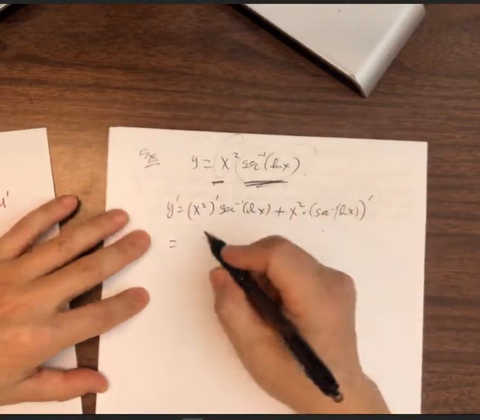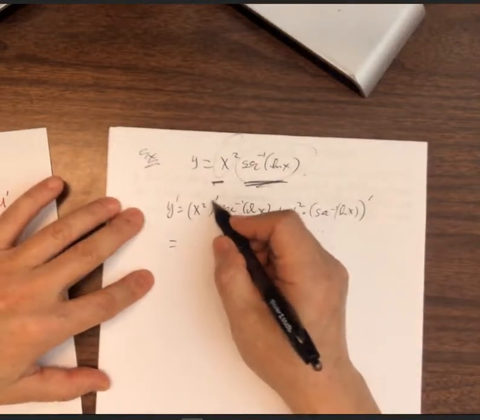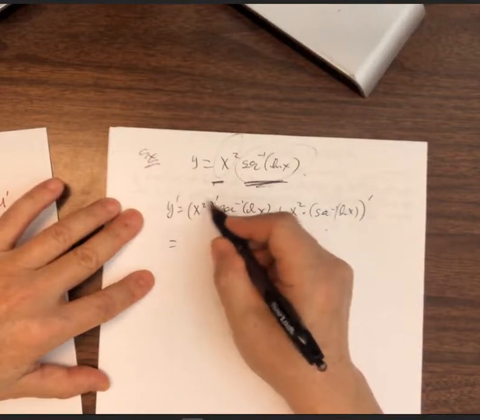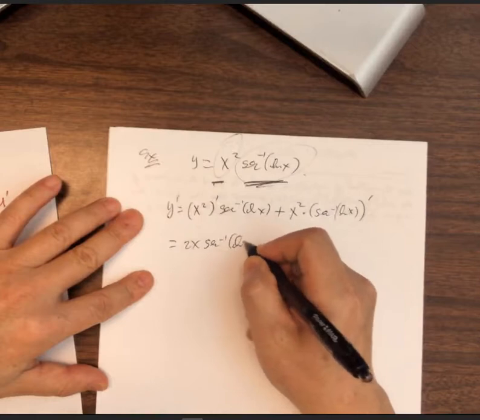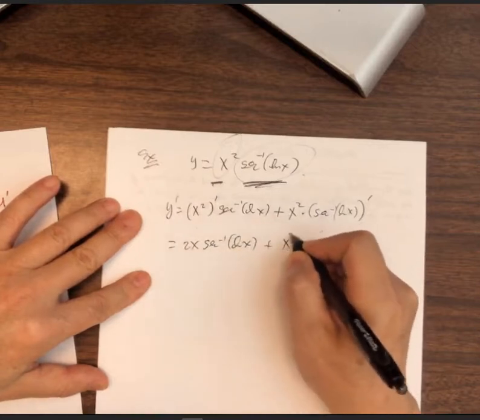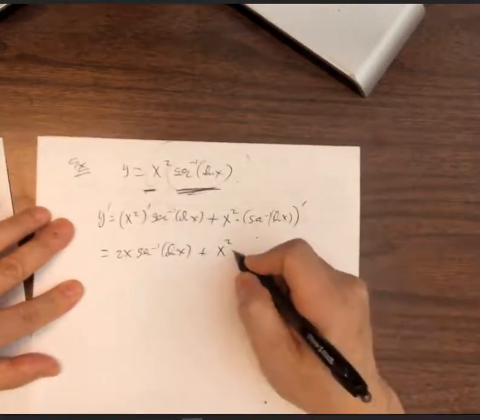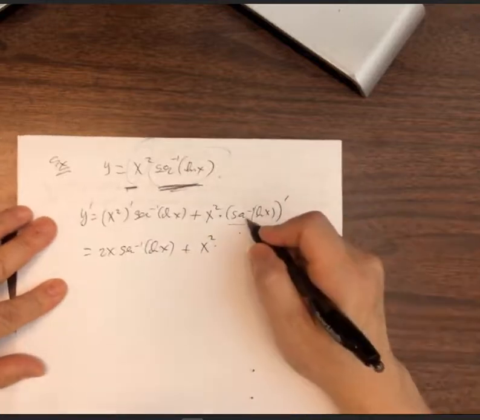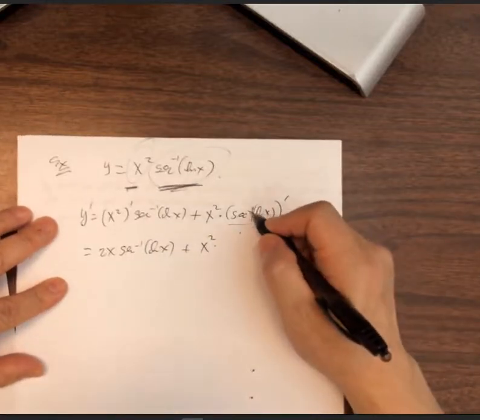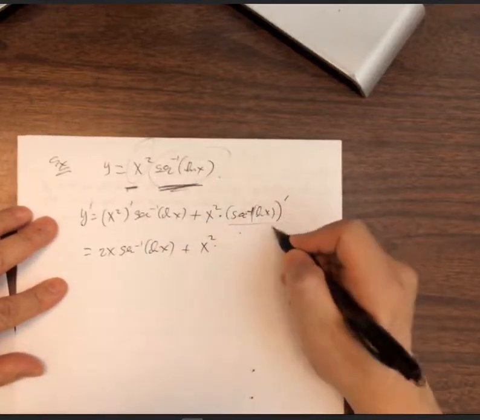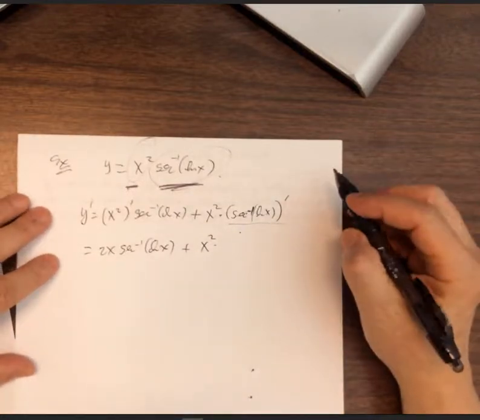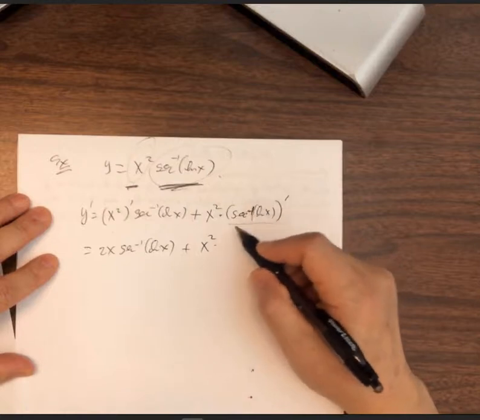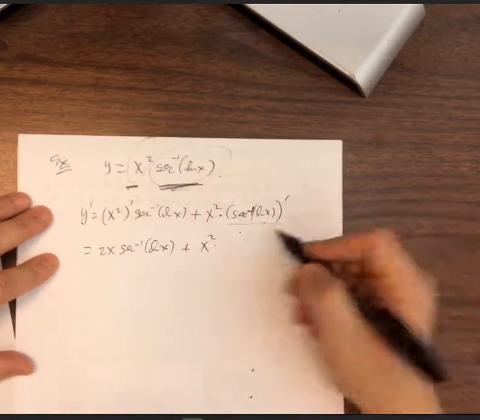Now continue to work on the details. The derivative of x squared is 2x. Second term, copy down x squared first. Then focus on this part. This part is obviously a composite structure. The outer function is the inverse secant, the inner function is log, or you can think of this as the u version of